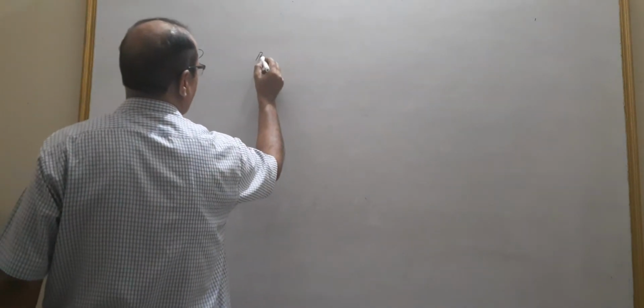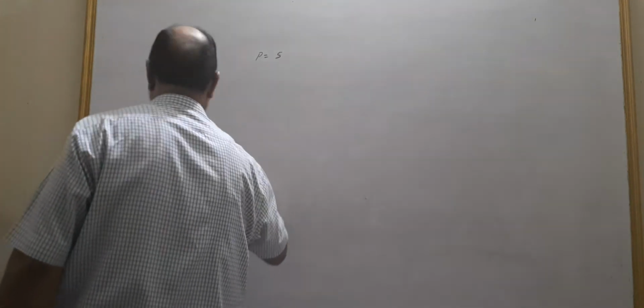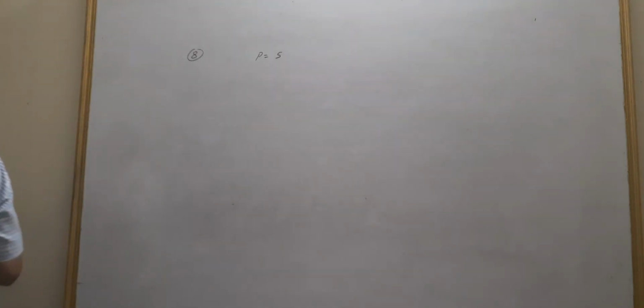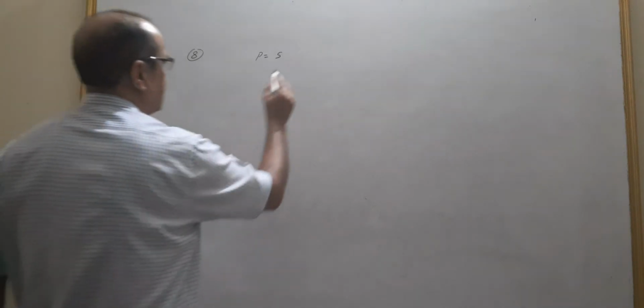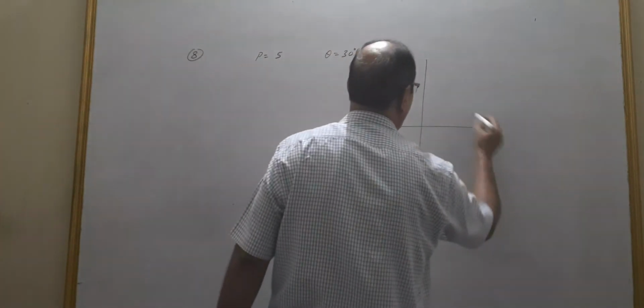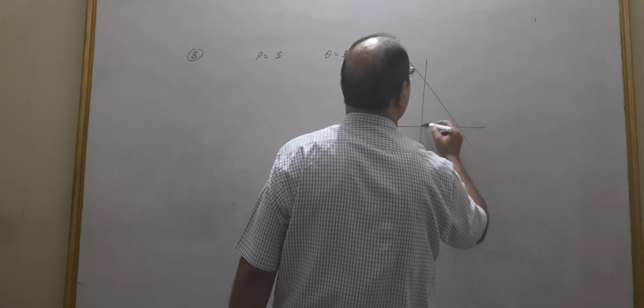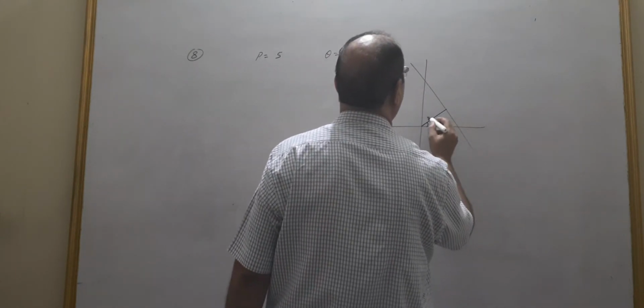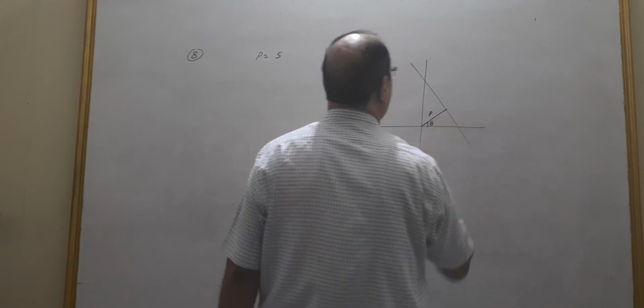In question number 8, find the equation of the line whose perpendicular distance from the origin is 5 unit. So perpendicular distance 5 unit है, that is from the origin, and the angle made by the perpendicular with the positive direction of x-axis is 30 degree. The angle is 30 degree. So therefore friends, you know that the normal form of the line, ये आपके पास ये एंगल थीटा दे रखा है और ये p है. P is the perpendicular distance.